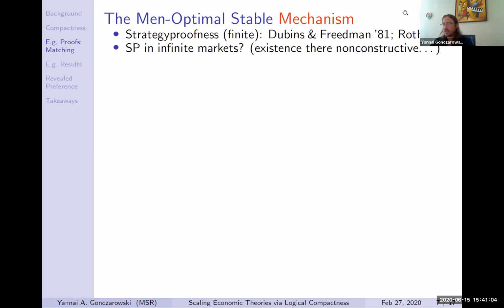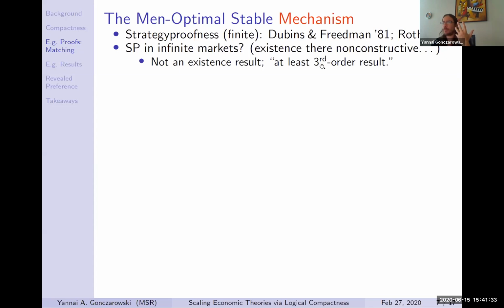The problem is that we don't have an algorithm whose execution we can trace to say, here incentives can or cannot be broken. What do we do? And note that this doesn't even look like an existence result. And logical compactness is good for existence results. Saying a mechanism is strategy proof doesn't look like an existence result. So if existence of the optimal stable matching was a second order result, this is at least a third order